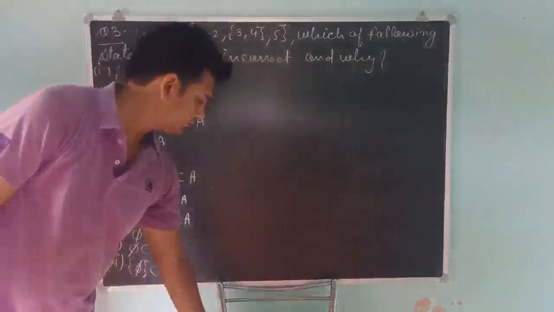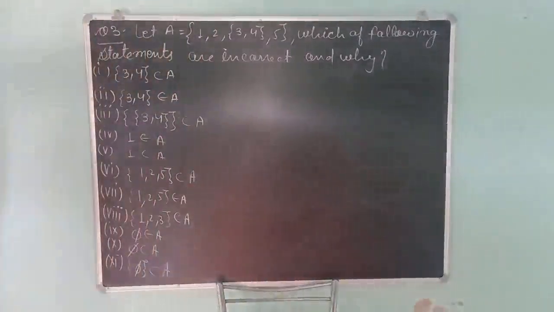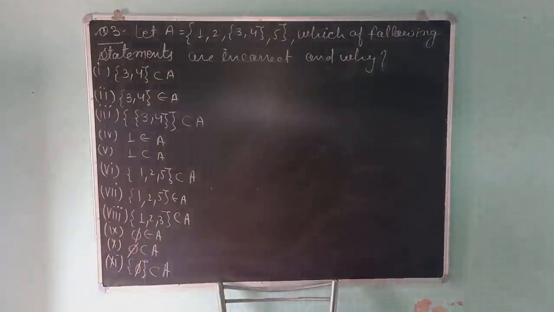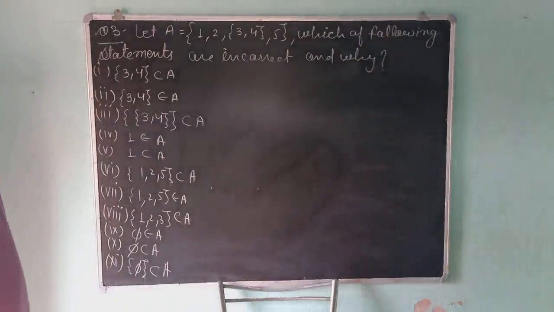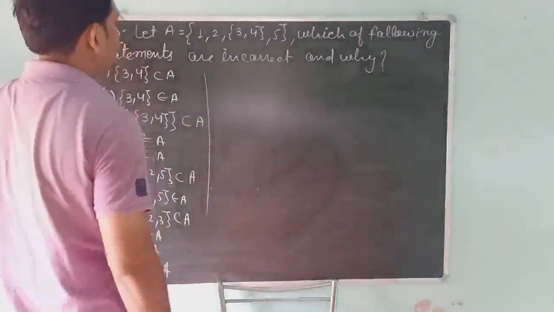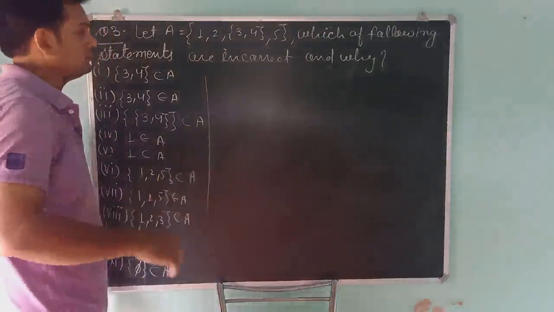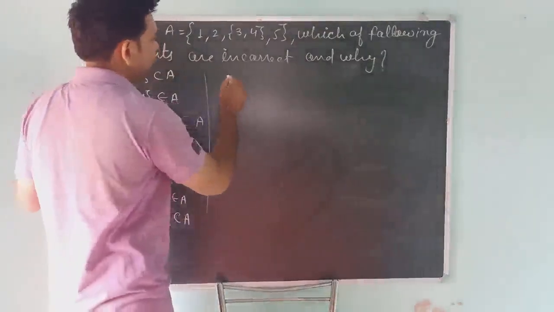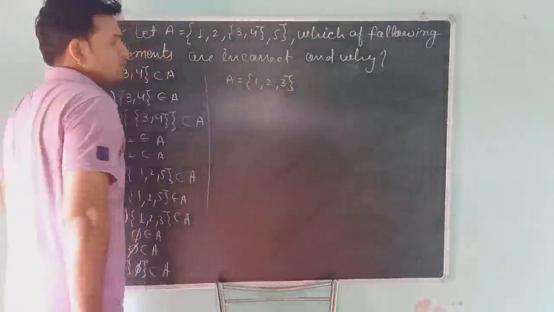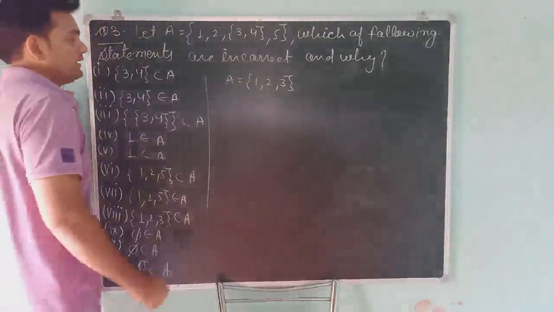Okay students, here you can see that we have a total of 11 questions in question number 3. We will solve them one by one. First we have to understand some new things. Suppose that you have a set 1, 2 and 3. Suppose that I am writing here only 1.